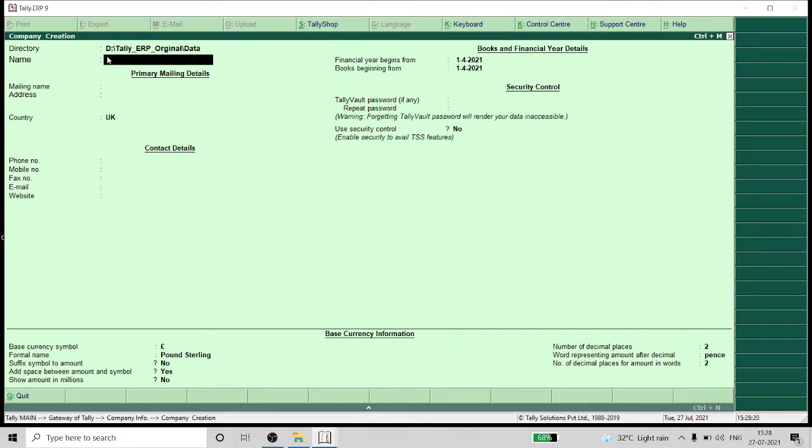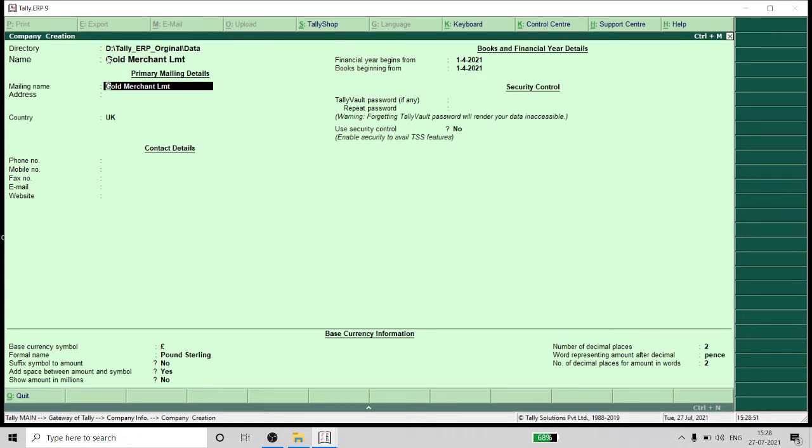So this is the path where this file's data is going to be saved. So here you have to give the name. For example, if I give Gold Merchant Limited.